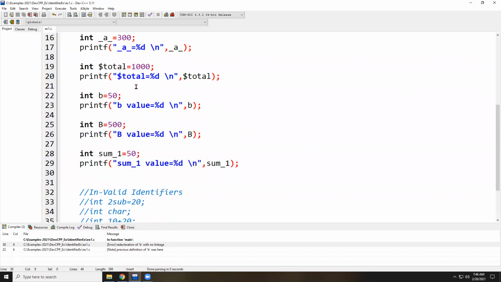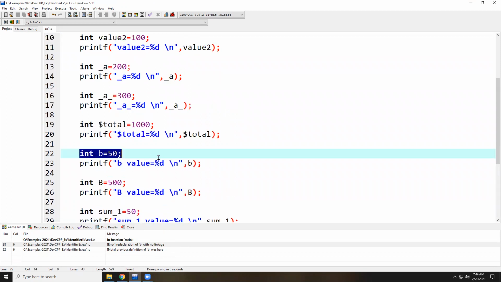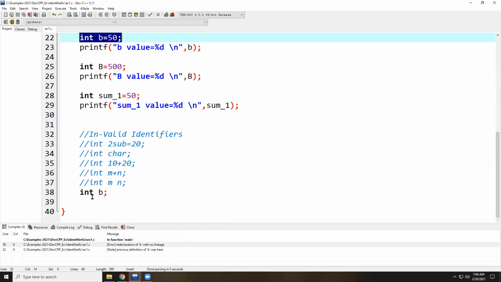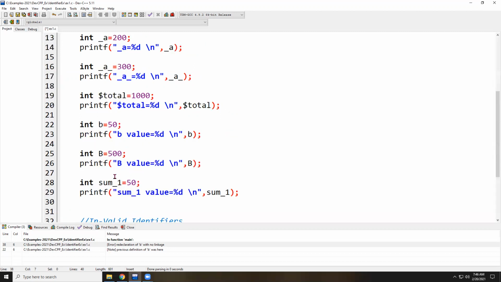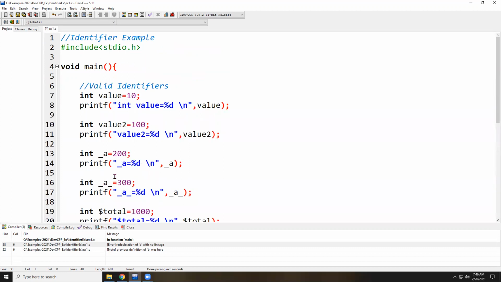It is clearly telling that already I provided the declaration, definition and initialization for the b variable. If I try to redeclare and define it again, it throws a compile time error. Duplicate variables are not supported in C programming. So this is about identifiers in the C programming language.